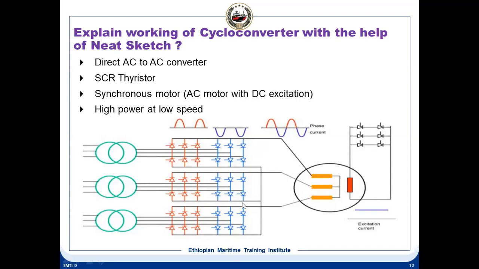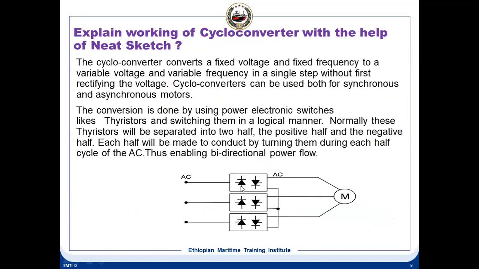This is a synchronous motor, because this is a stator winding which is fed with an AC supply here. This is a rotor winding which is fed with a DC supply here. So this is the field excitation, and this is the stator supply and rotor supply. So this is a synchronous motor. Cycloconverters are generally used with synchronous motors. With induction motors, AC motors, we mostly use VFDs, that is voltage source inverters. So no need for this diagram, but this is important. This diagram is good enough for this question, this diagram and this explanation.